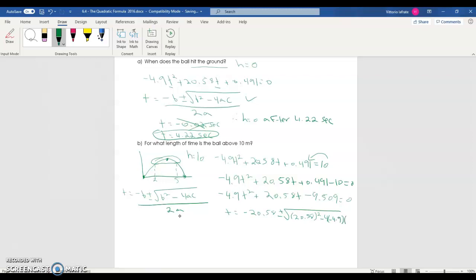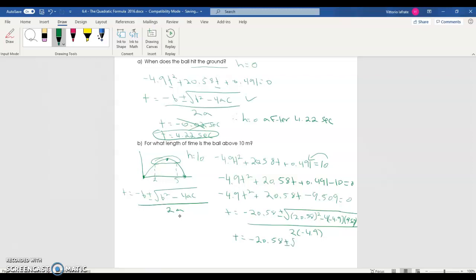That's a times c, which is negative 9.509. Don't forget to extend that there. Over 2 times negative 4.9. And so I'm going to clean this up a little bit. We got t is equal to negative 20.58